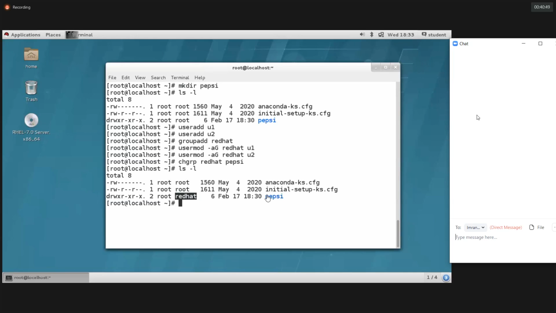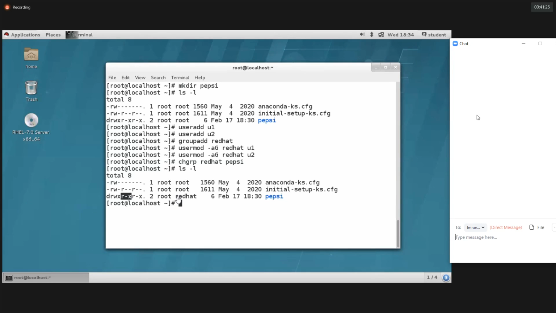Yes, guys. Can you create files and directories with the help of U1, U2 inside the Pepsi directory? Is it possible? No. Very good, Chandana. Why no? Because the group doesn't have the full access. We'll have read and execute permission for the group. Always read and execute permission for the group, in the sense group members also have read and execute permission.